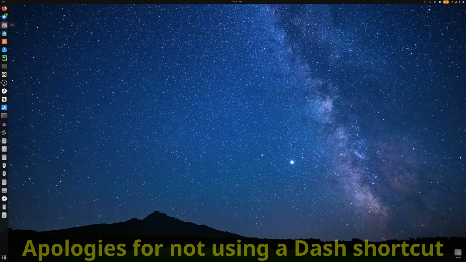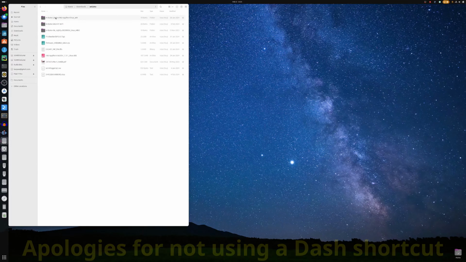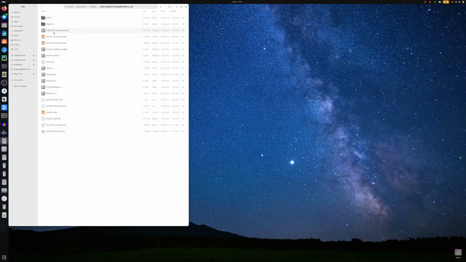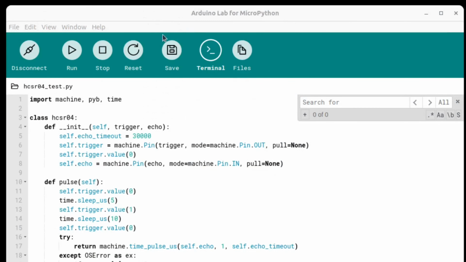Let's go ahead and launch Arduino Lab for MicroPython. We navigate to the folder where the executable resides, right-click, and run the app image. In due course, the UI for Arduino Lab for MicroPython is launched, and we have the test example for this